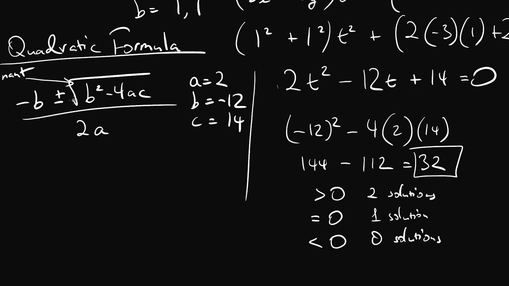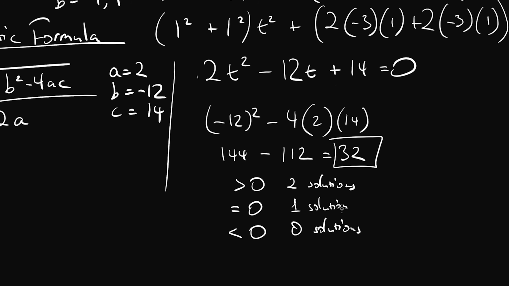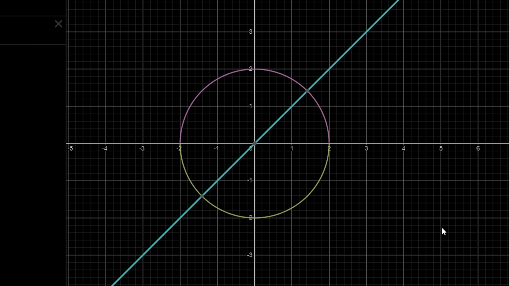So we can actually do just this very simple equation without having to do the square root or anything else to work out, do we have any solutions? Now, what on earth are solutions? What does that mean? And why do we care? Well, solutions are intersections. So you can see clearly that we should expect to get 2 solutions here because there are 2 intersections. We have this kind of entry wound and exit wound over here as our line pierces our circle.